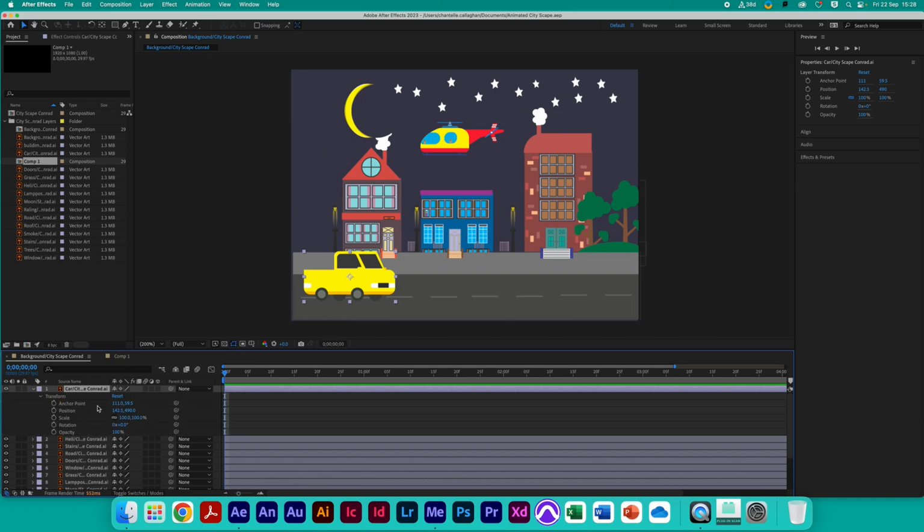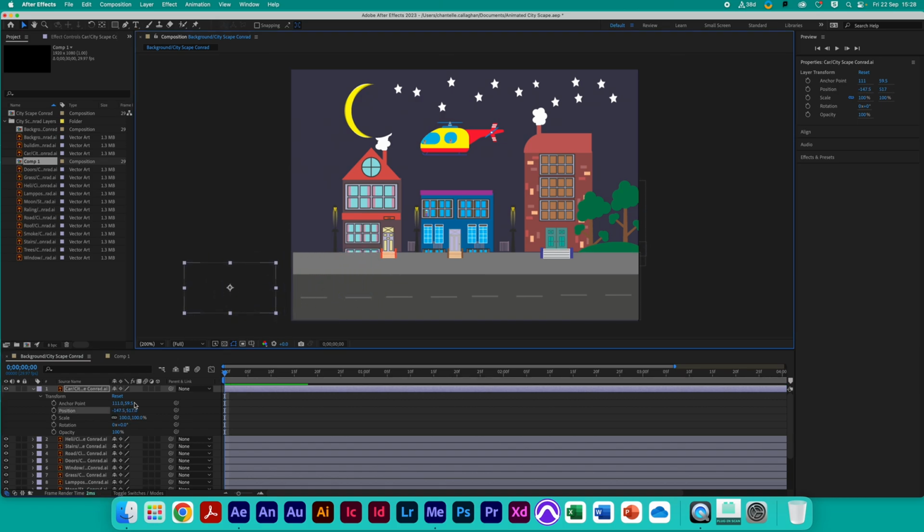Before I do anything, I'm going to move the car, and you'll notice that the position numbers change. So my car is now off the side of the canvas. I've just noticed my road's slightly off, and I'm going to move that. So I've just moved my car to this position, which is off of the actual frame, or outside of